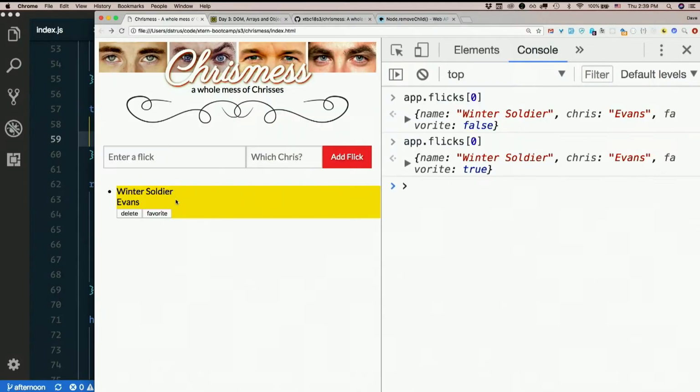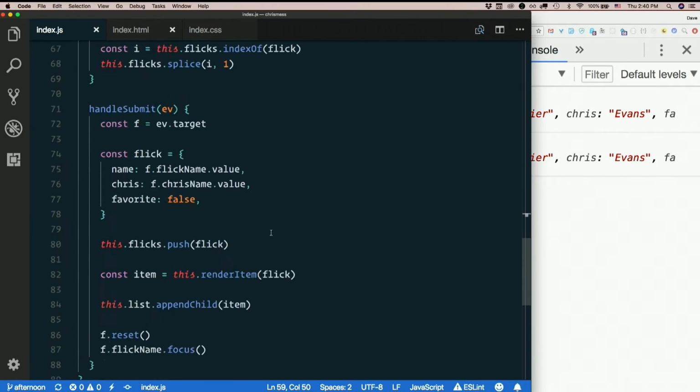So I kind of want the buttons to look different than each other. Like I want the delete button to be red. I want the favorite button to look different somehow. So it'd be cool if those had classes on them. But you know what? This whole,